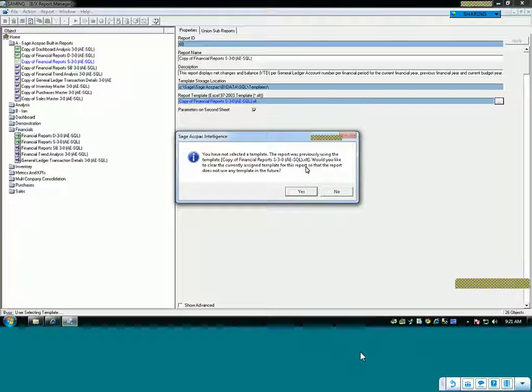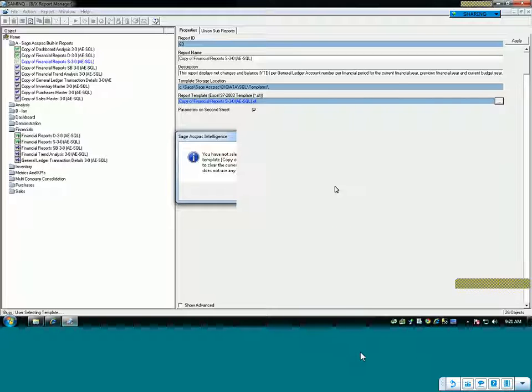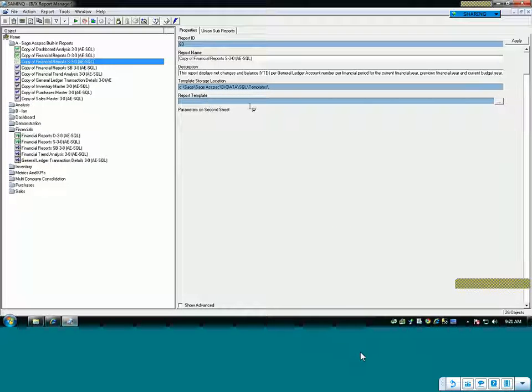I have to close the window first. So it says I haven't selected a template. The report that was previously using the template, and it gives you the name of the template. Do you want to clear the assigned template for the report so that report doesn't use the template again? So what I can do is click on yes at this point in time, and the report template is now cleared. So if I wanted to create another template, it's just a matter of rerunning the report